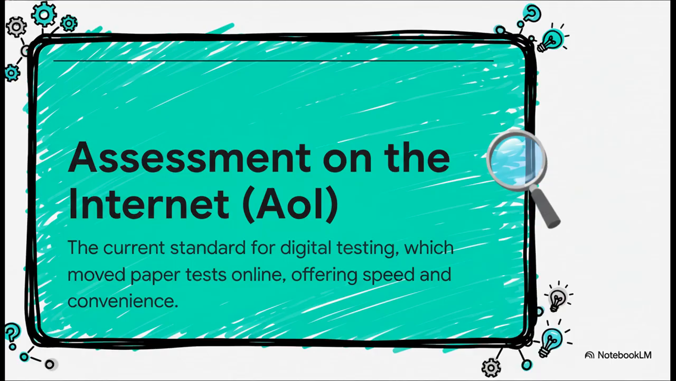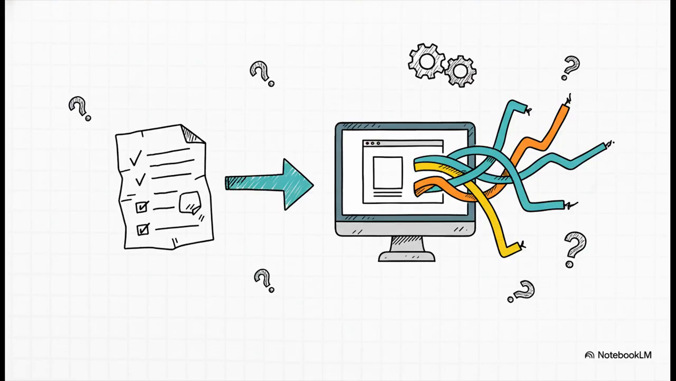The system we have now is what the source material calls assessment on the internet, or AoI. This was that first big step, taking paper tests and just putting them online. And yeah, it gave us some cool perks like automatic scoring and getting our results right away. But that seemingly simple move online created a really deep, hidden problem. We gained speed for sure, but we also inherited a system with some seriously conflicting goals baked right into its